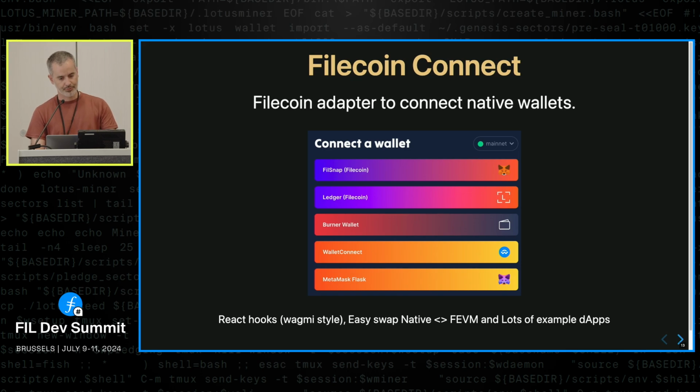And at the end, using everything that I just talked about, I think the end goal here is to build kind of a Filecoin Connect, right? This is what Glif shows if you go there and click the Connect button today. And they needed to write a bunch of code just to make this happen. What we want to do is have the Wallet Connect option there, which comes from Wallet Connect, and everything else should also be as easy as importing a JavaScript package, and you get all of that. So the Ledger, the Fill Snap, hopefully